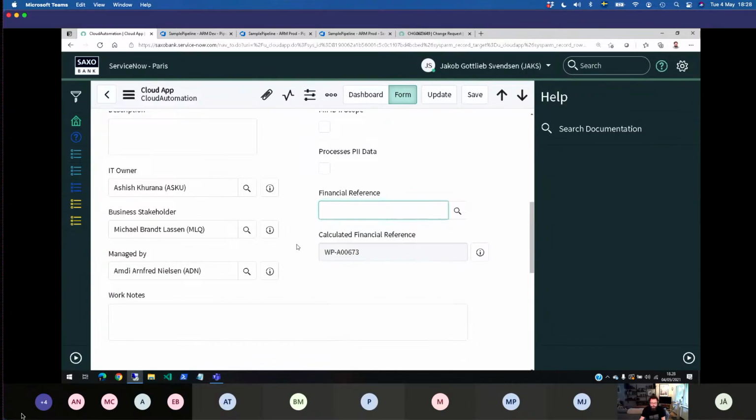So therefore, when we deploy something, we need this on our resources. So if I go here,